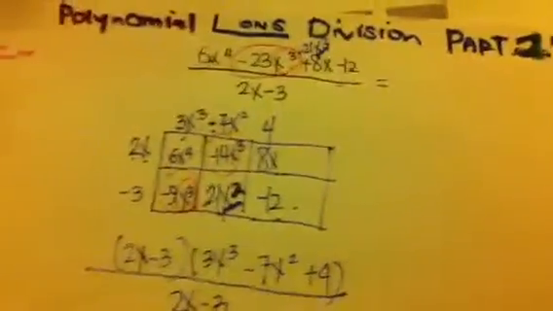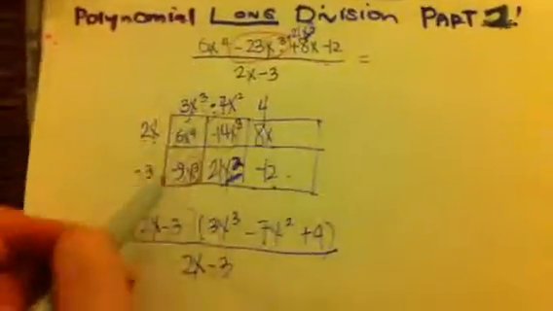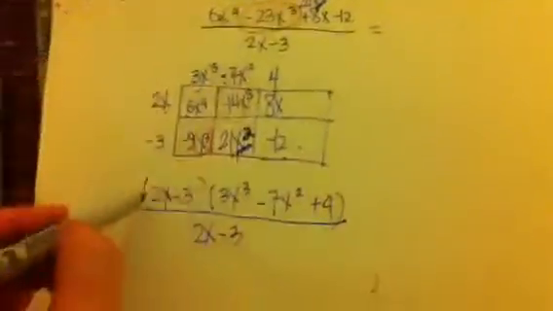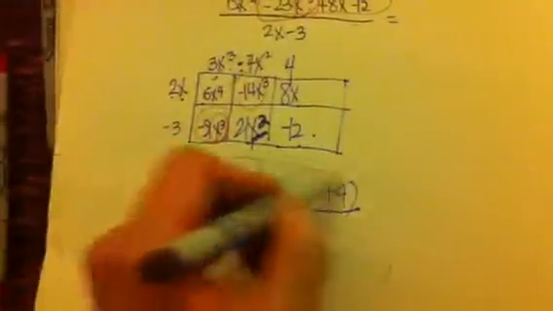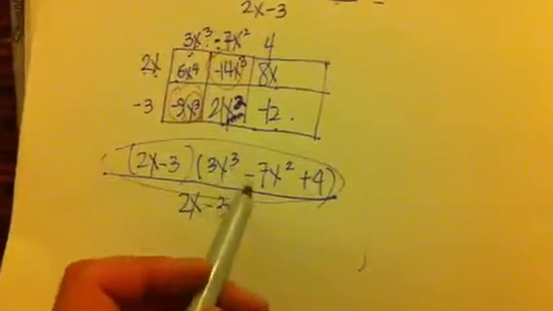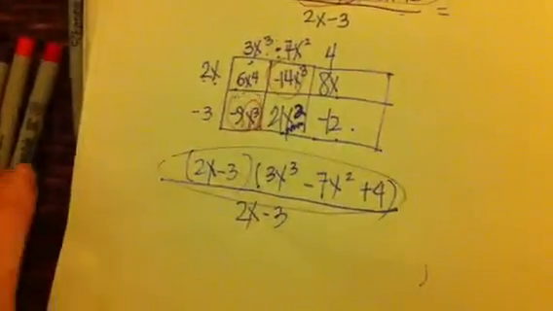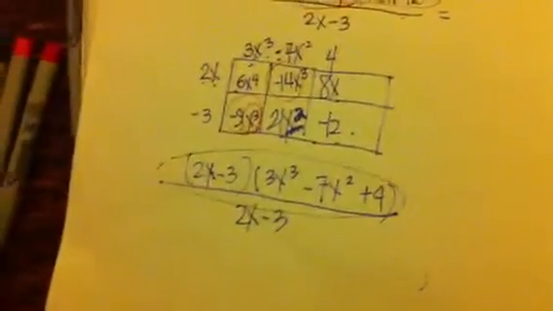Again, I want to make sure that you guys see that. Remember, this times this equals this. So I'm just rewriting it. Instead of writing this long polynomial, I'm writing this multiplier. 2x minus 3 times 3x to the third minus 7x squared plus 4 all over 2x minus 3. So then, we're going to ask ourselves, can we make a 1? We can. 2x minus 3 divided by 2x minus 3. You can cancel those out. And so our final answer